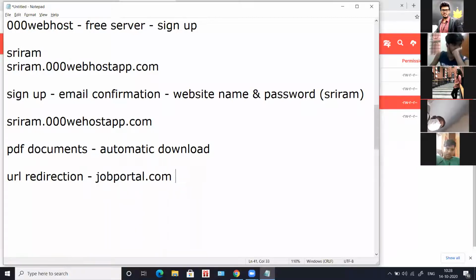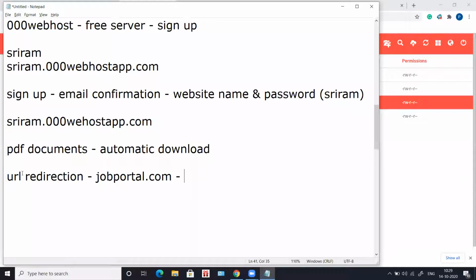Consider there is a website called jobportal.com. When you click on jobportal.com, it is actually redirecting you to some other website. It is not asking you to click or do anything. You write this URL, you hit enter, and instead of visiting jobportal.com, it is actually taking you to facebook.com, or youtube.com, or some other different page.